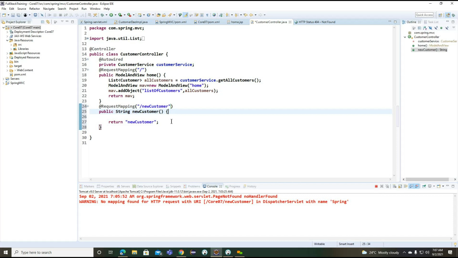Finally, whenever we are adding this new customer, we need to return the customer object information.